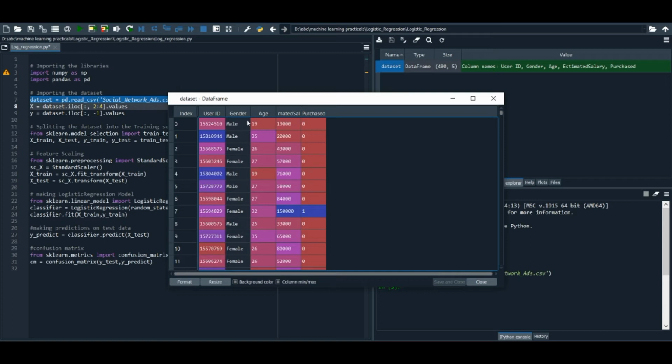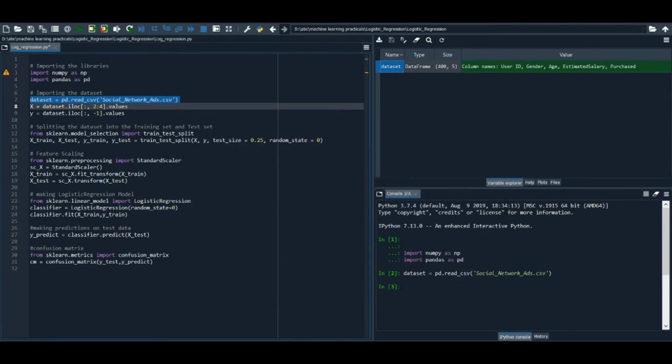And there is not going to be a relation between gender and purchase, because it's not going to depend on whether it's male then it's going to purchase the item, or if it's female it's going to purchase the item. So we are only going to use two independent variables, that is age and estimated salary.